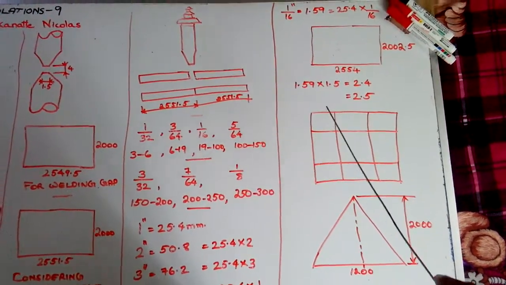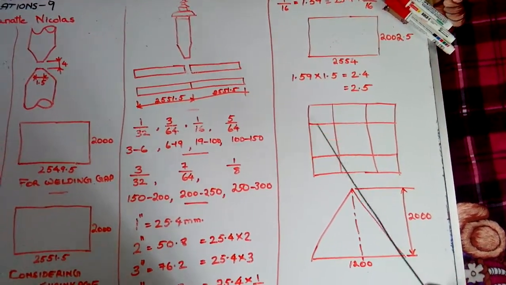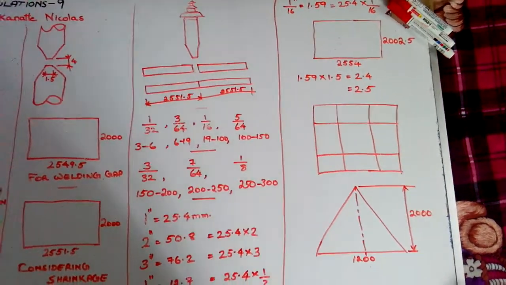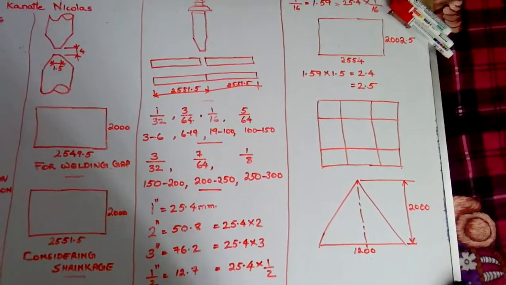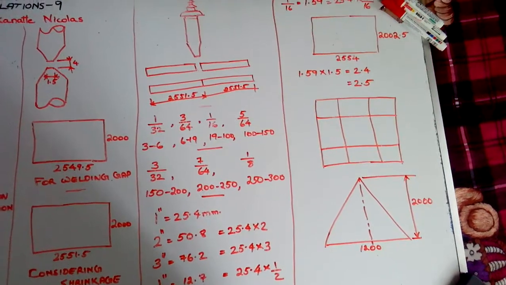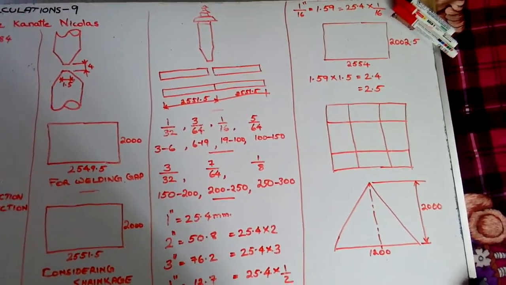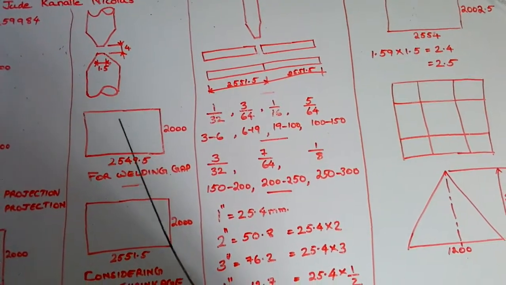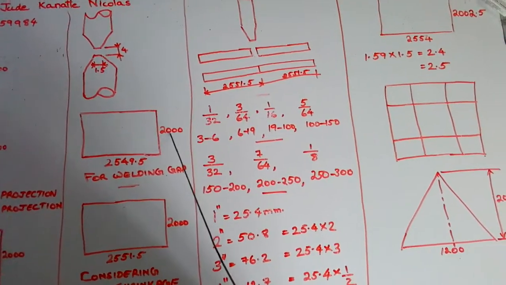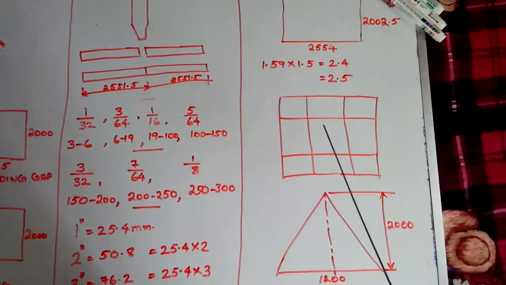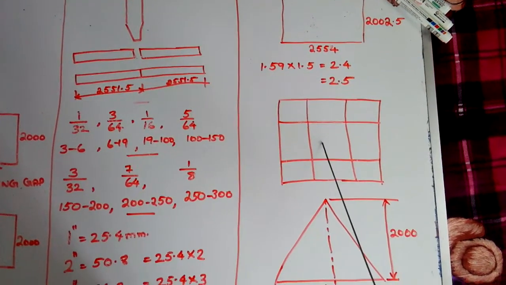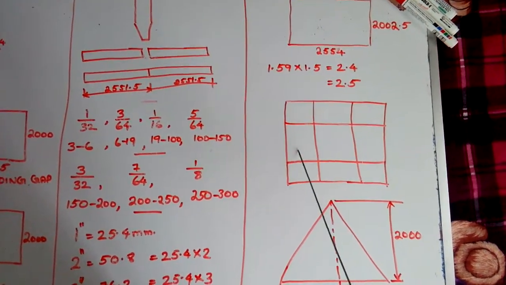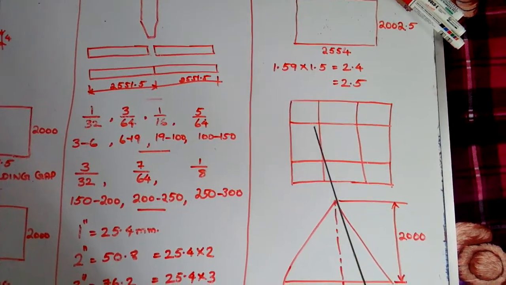But if there are so many plates, all plates we need for different purposes, material shouldn't be lost. So if we make this 2549.5 into 2000 mark in this plate and cut it outside,